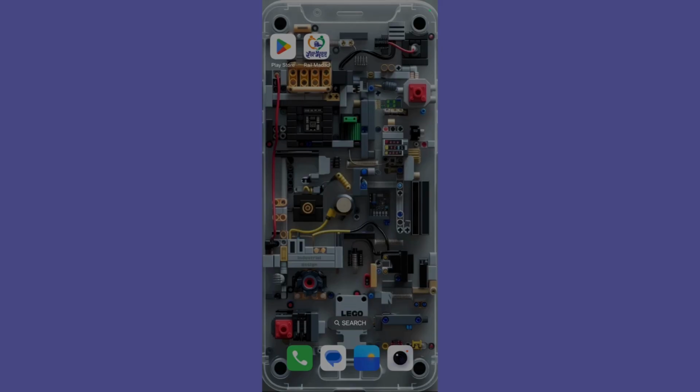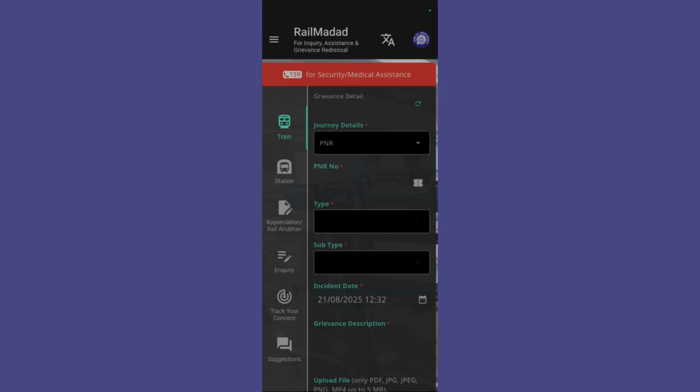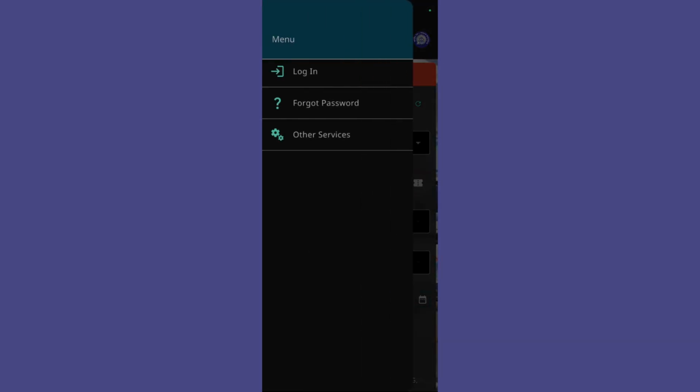So in order to start, the first thing that you will need to do is simply open up your Rail Madad application, and once you are inside the application you need to log in. So in order to log in, simply click onto those three lines present at the top and choose the login